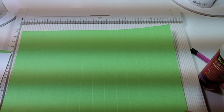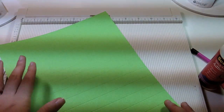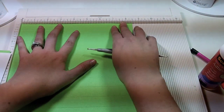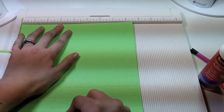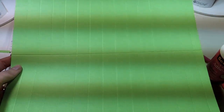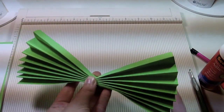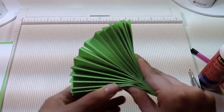Now what I like to do at this point is just to make it easier in the end, and this will make more sense when I get to that part, but you are just going to turn it so it's now going 8.5. And so you want to score this in half, so half of 8.5 would be 4 1/4, and you would score that down. Next what you do is you're just going to accordion fold this. So at this point you're going to fold it in half, and that's why we creased it in the middle, because as you can see it's already folding on its own. So you're just going to fold it in half,